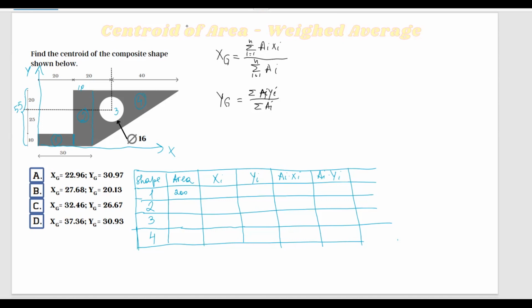So 55 multiplied by 10, this is 550. The next we have this circle, which is actually an area that doesn't exist there. So we're going to show it as negative, because we have to make sure to subtract it. So the area of this circle is πd² over 4, and the diameter is 16. So I have πd² over 4, and this is going to give you an area of